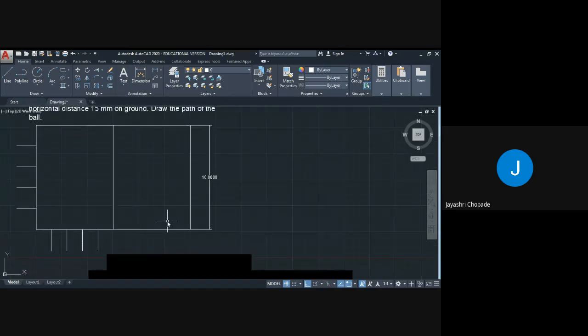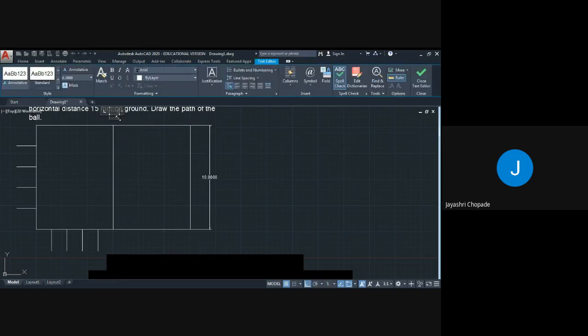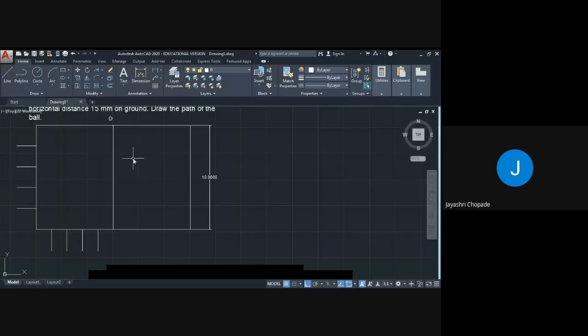Here, this is the point D. And this is C. So I will copy it.